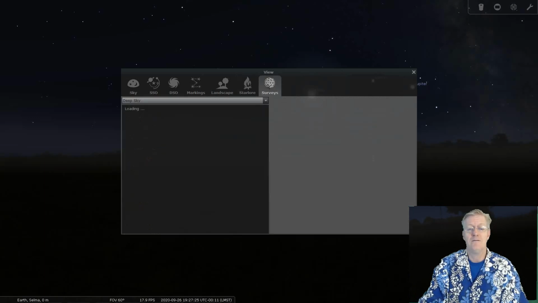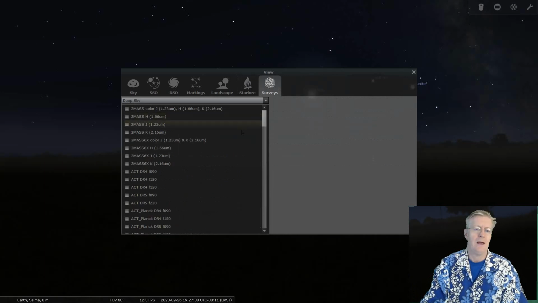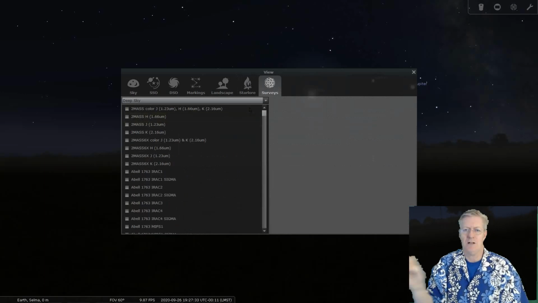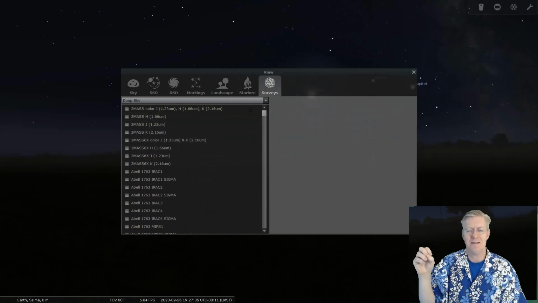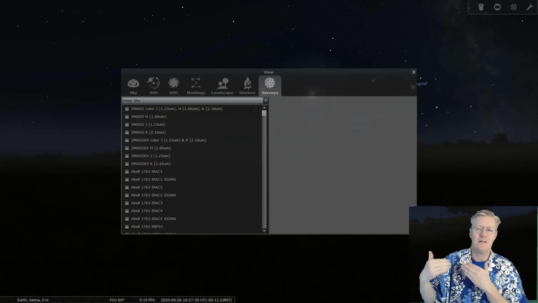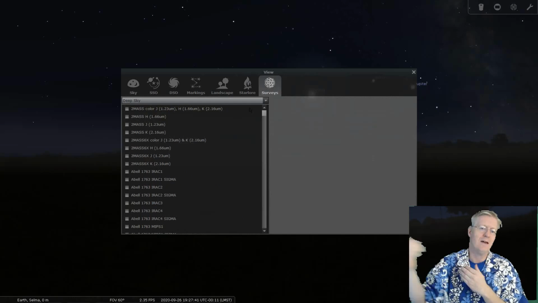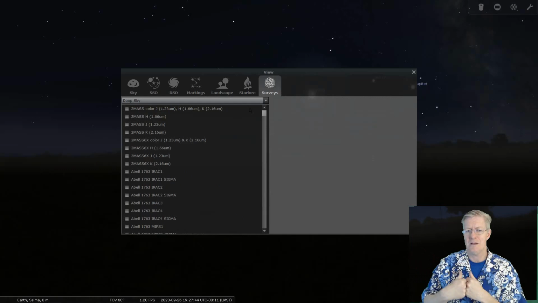And next we have the deep sky surveys, and there are many of those there. We can see deep sky objects with this. You can actually zoom in and see deep sky objects that are really far away, and basically you wouldn't be able to see them unless you had a very powerful telescope.